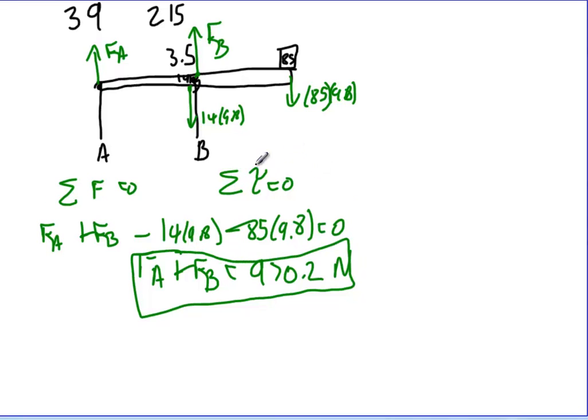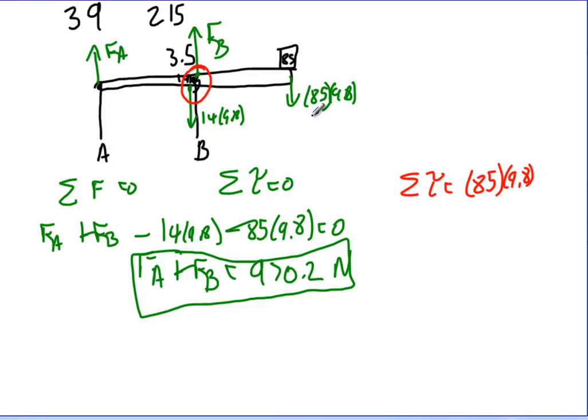so I need to take a look at my net torque. Before I can do anything with torque, I need an axis of rotation. I'm going to pick B to be my axis of rotation. I'm doing that because the most forces act right there. B's unknown, this one I do know, but if I can eliminate those because their lever arm is 0, my life will be easier. So now I'm going to say, alright, my net torque is equal to 85 times 9.8